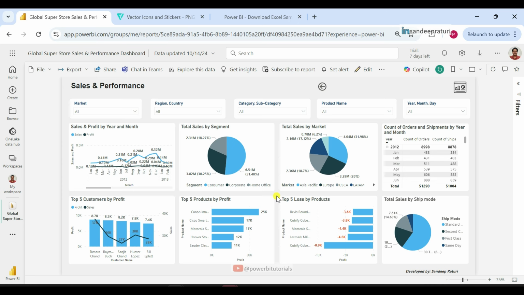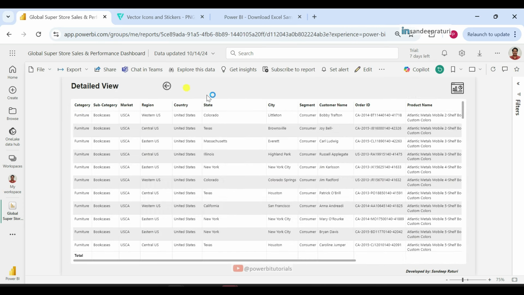It means if you want to see the detailed view of any summary data, you can use drill through. So for example, hover over any segment. Here you can see this is the consumer segment, and the sales is 650,7949. If you want to see the breakup of this sales, just click on drill through and select the drill through page.